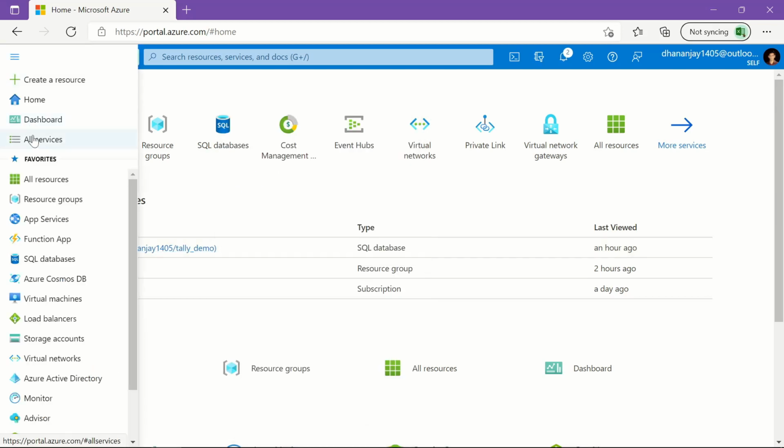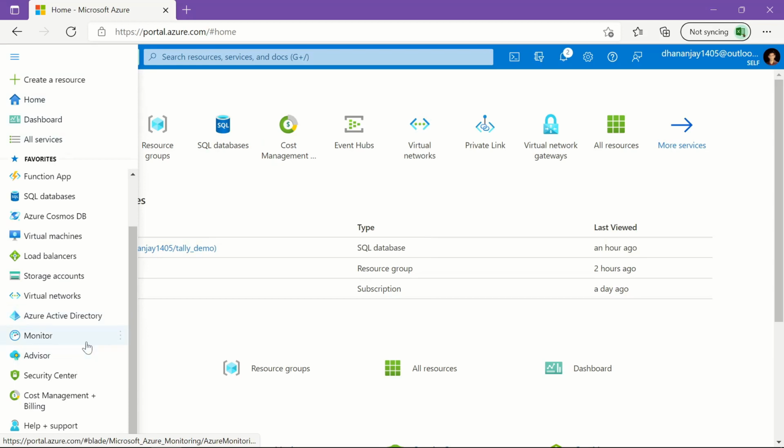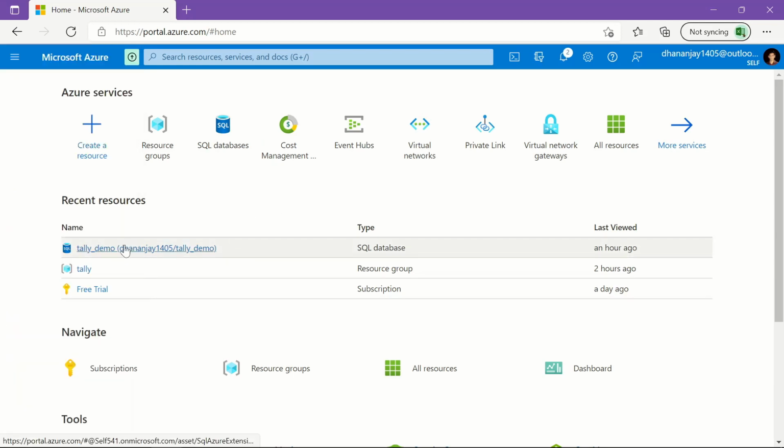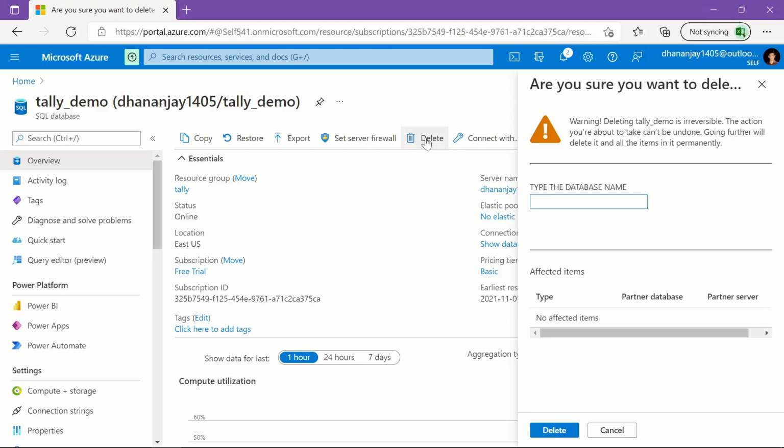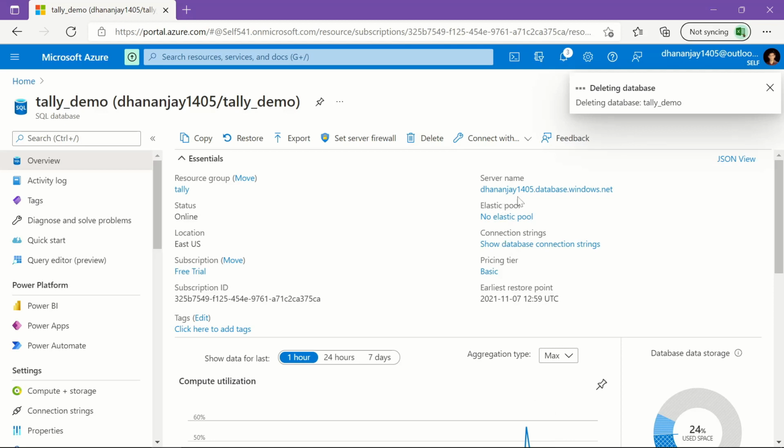From here you can go to your active services. You will see a tab, or you can do it from here also. Okay, let us delete this. So I'll click the delete button and type the database name. The database name is tally underscore demo. Let us delete this.